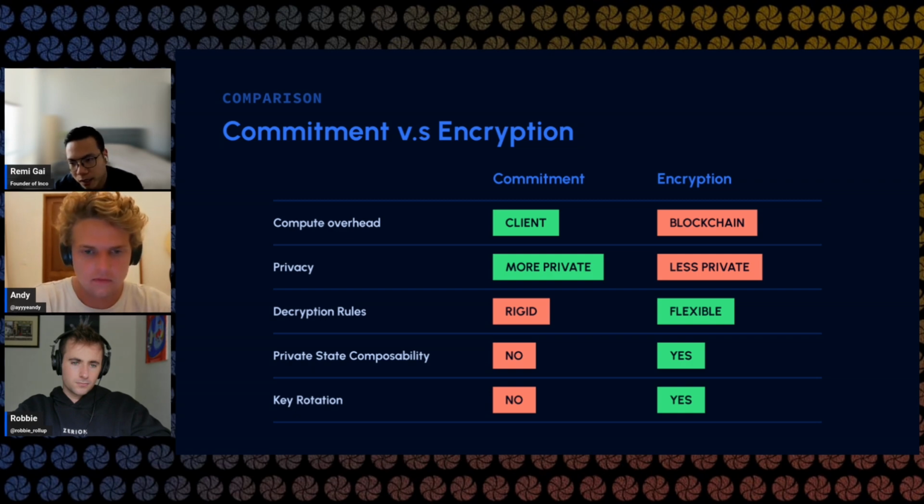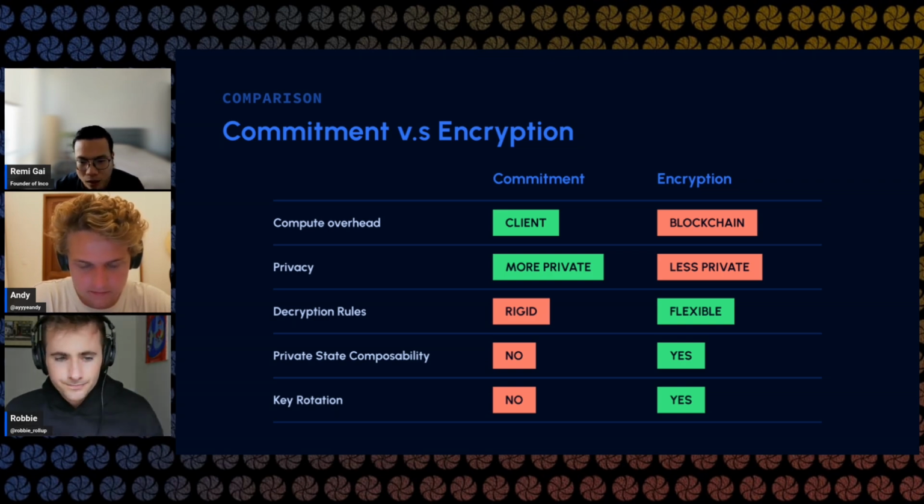And so this also means that later on, if Robbie loses his keys or wants to delegate viewing to a third party, it's actually very rigid. It's very difficult because the delegation of the viewing is done at the proof generation time, at the transfer time. Now in the encryption-based system, it's actually a lot more flexible because there's just a single key that everyone shares, and then you can basically change the rules so that someone else can decrypt on your behalf if you wanted to. The fourth point is around composability.